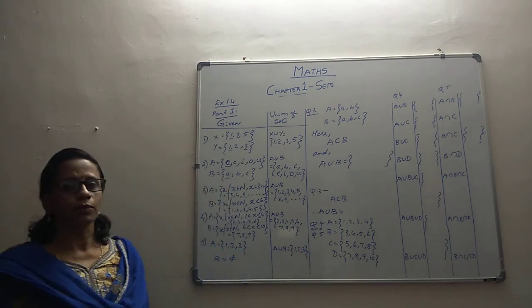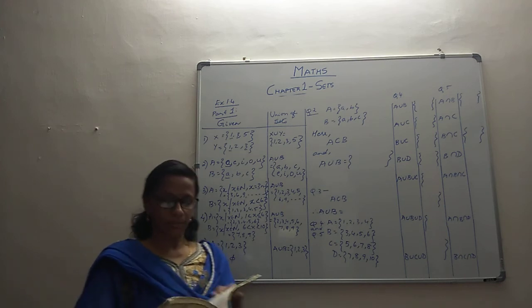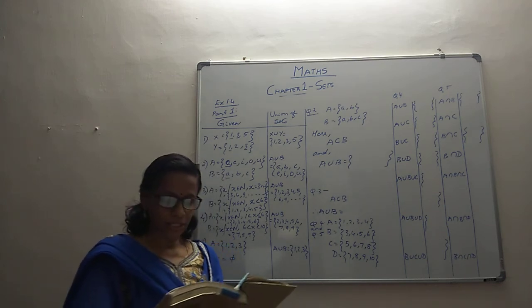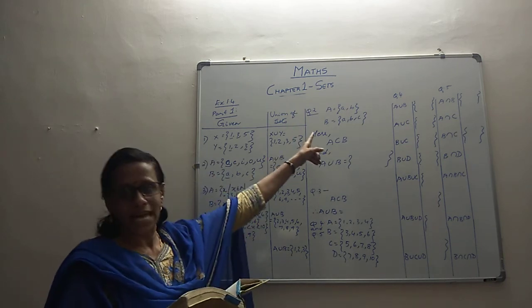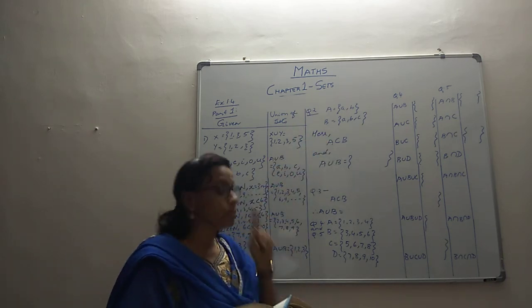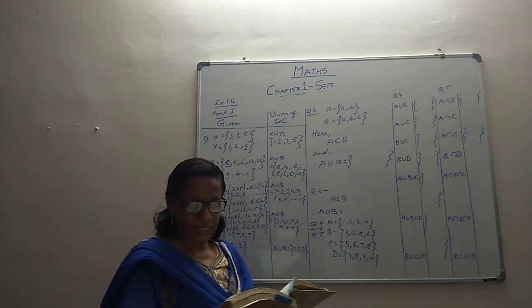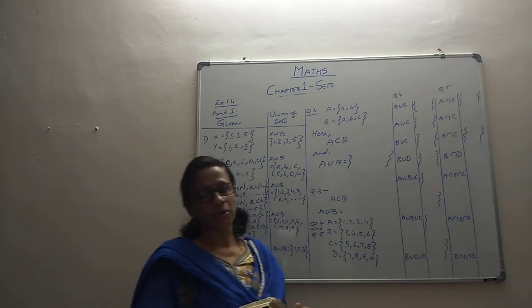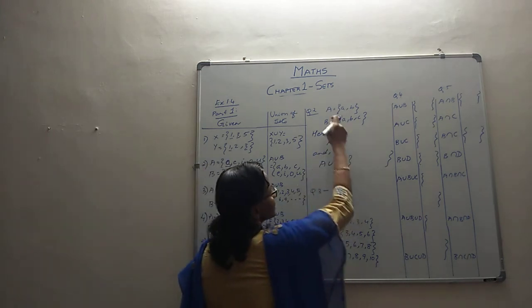So that is about our question number 1 with those many subparts. Now let's move to question number 2. In question number 2, they say that let A be with elements a and b as it is shown there, and let B be with elements a, b and c. Is A a subset of B? And you have to also find A union B. So they are asking us whether A is a subset of B.